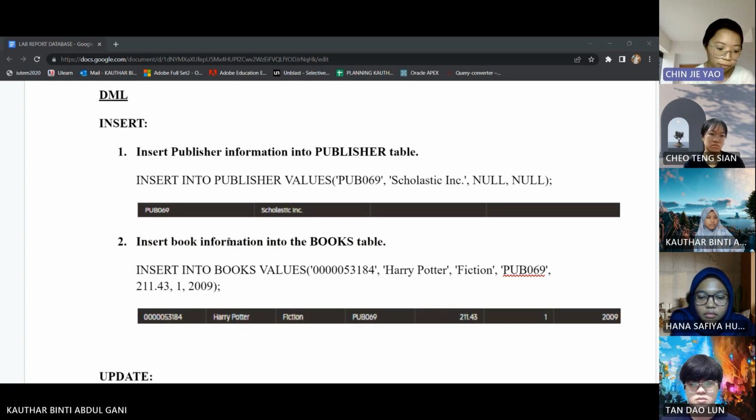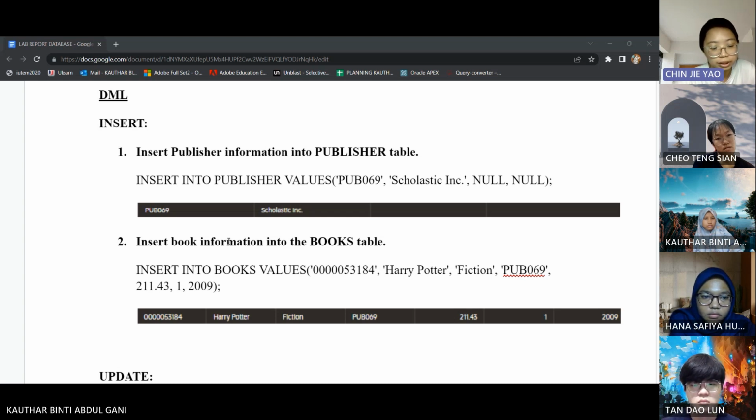We use DML, which is data manipulation language, in order to insert, update, and also delete our data. So for example, the insert, which is to insert publisher information into the publisher table. We insert into the publisher table the values PUB 069, Scholastic INC, and now.